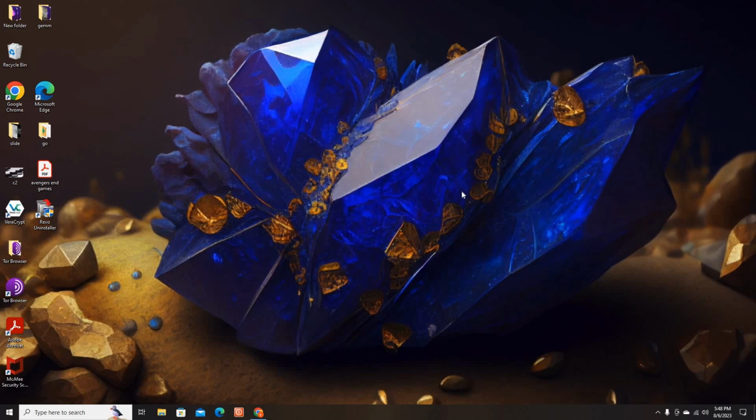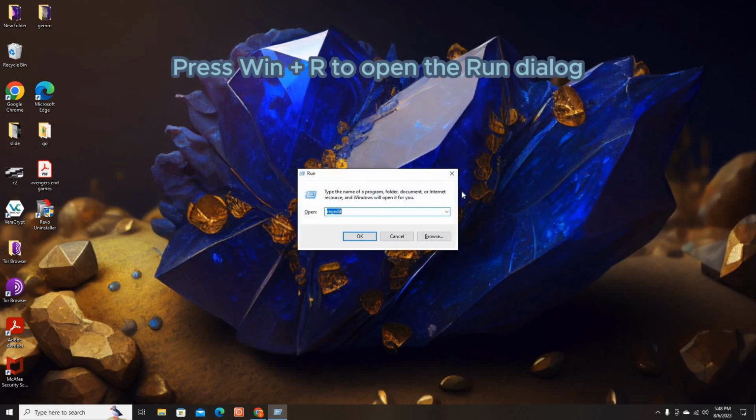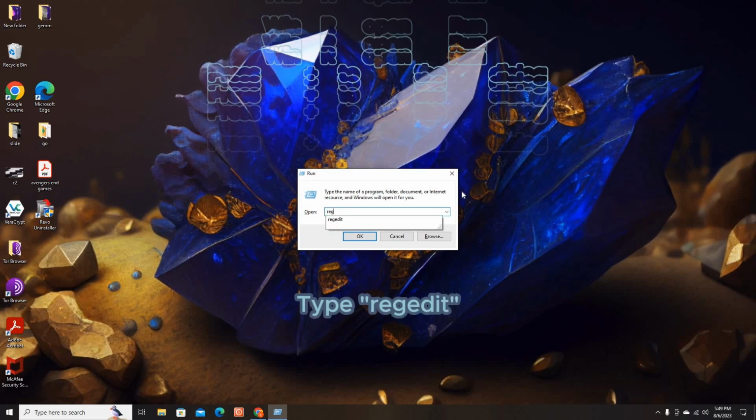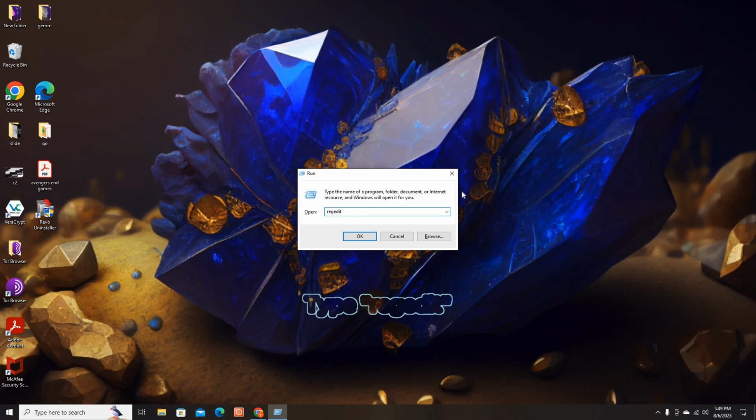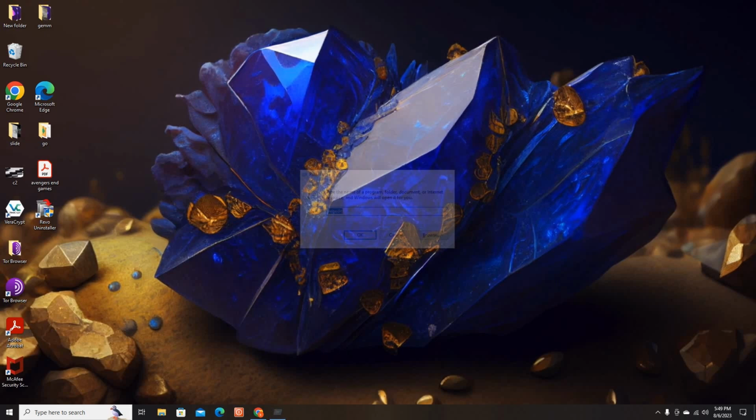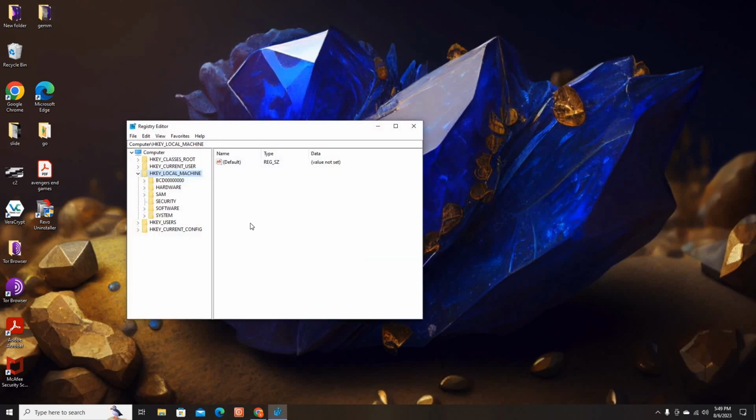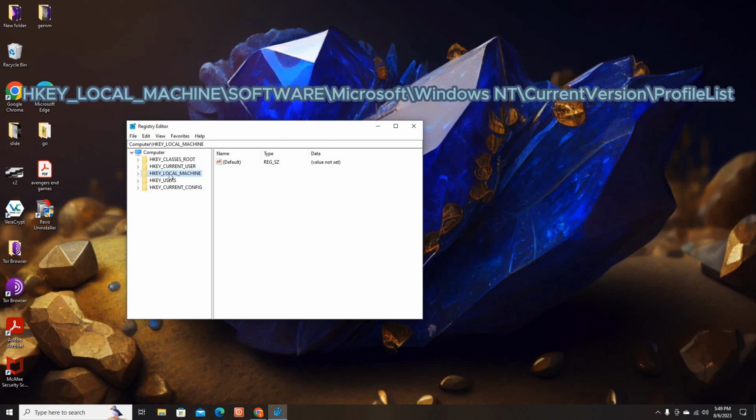Follow these steps. Press Windows + R to open the Run dialog. Type regedit and press Enter to open the registry editor. Click Yes if prompted by User Account Control. Navigate to the following key: HKEY_LOCAL_MACHINE,